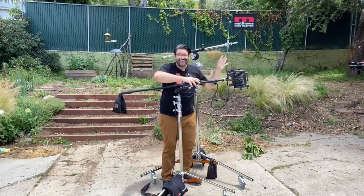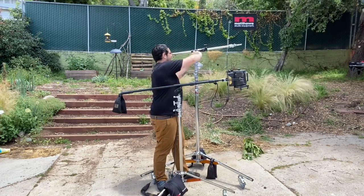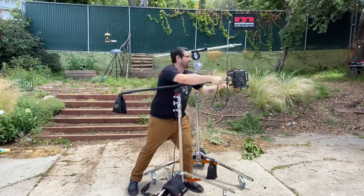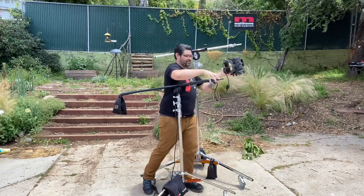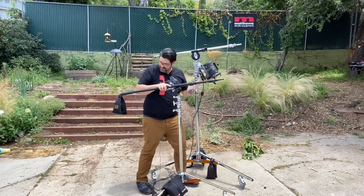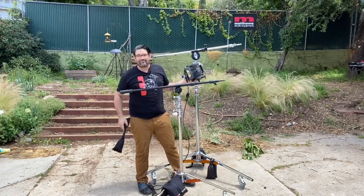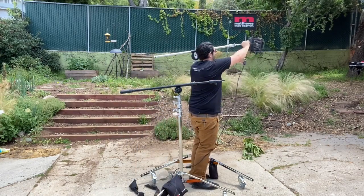All right, so on this guy, the big difference is that we have this big lockdown, tie down right here. And now I'm going to take the lamp off of the mini boom and put it onto the baby boom. Let's see if I can do this seamlessly. Guys, I'm a one-man band. Many people are, so I'm not going to complain about it. Here we go. Going to mount that on there,